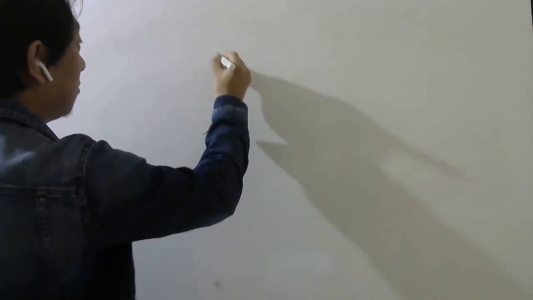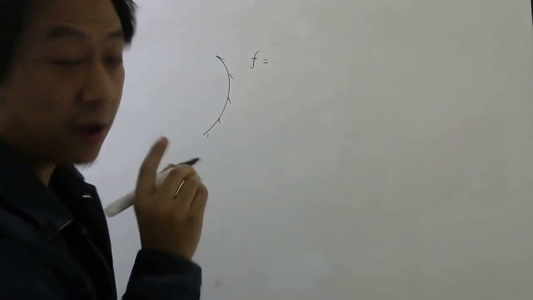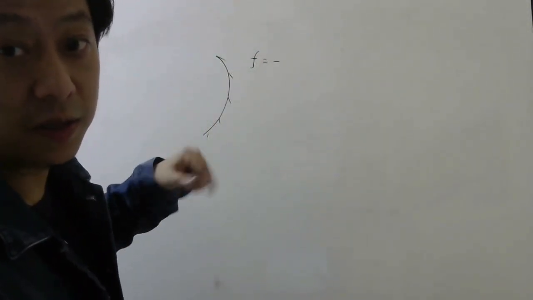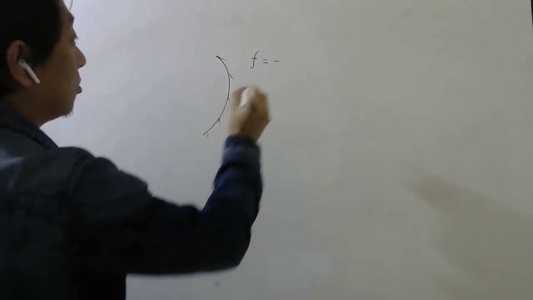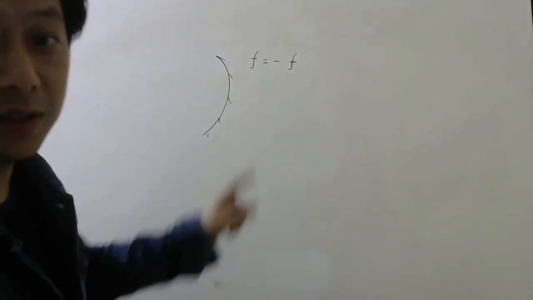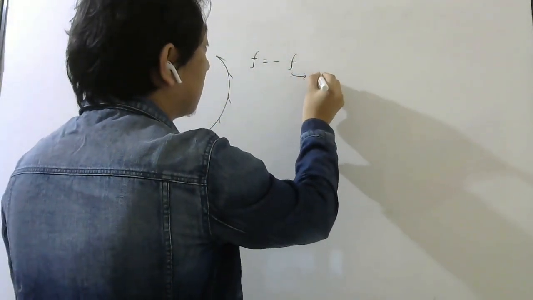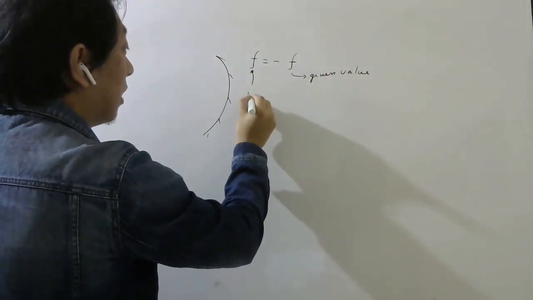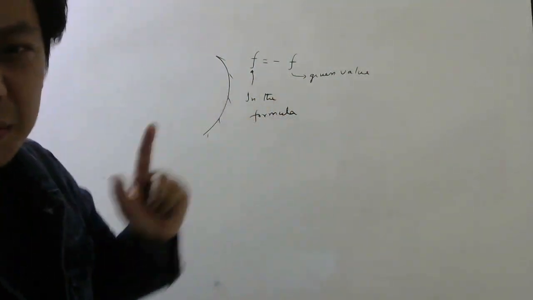So let's draw a diagram. So this is your concave mirror. Now the focal length of a concave mirror is minus, remember. So while substituting in the formulas, I have to put with minus sign. Now the value which they have given is not a number, but they have said f. So I should write f. So this is something important. What is the difference between these two f? This is the given value. This is the one which is in the formula. So if I write like this, some confusion may happen.